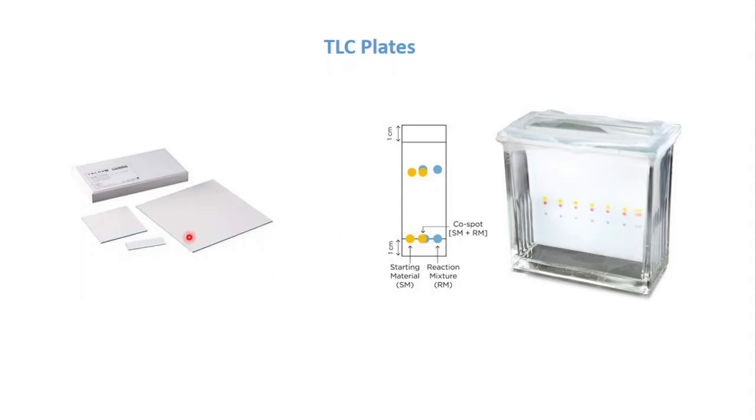You can cut this into various sizes. If you want 5 centimeter, 2 centimeter, 3 centimeter, you should choose the dimension first based on your chemical mixture and how many spots you want to do. You can cut it into small pieces like this. Then you can use this for the separation technique.